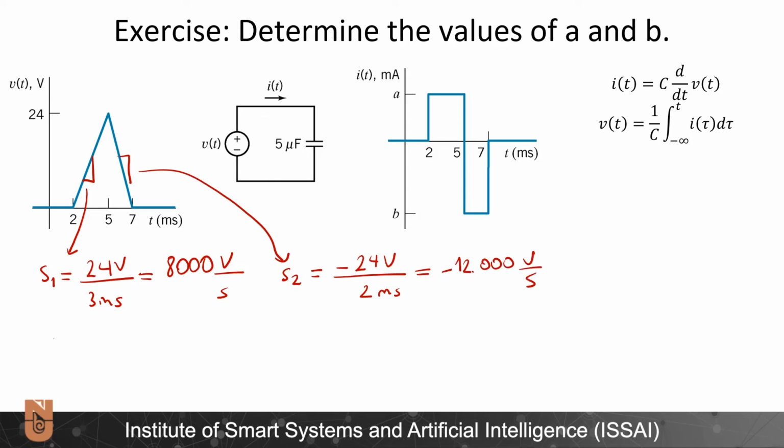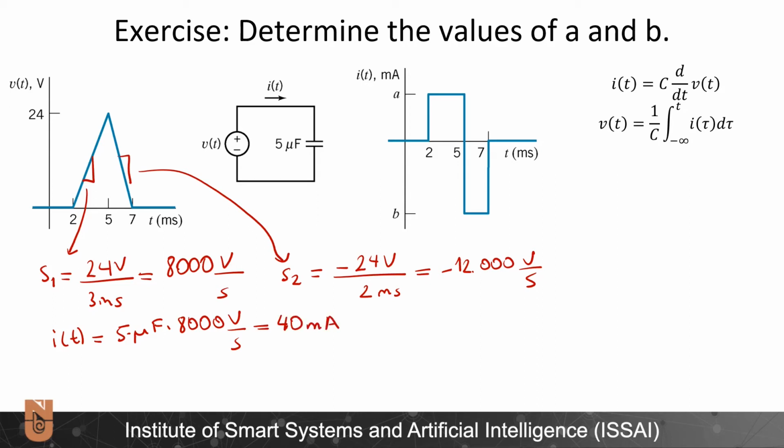Now I of t for the first range between t is equal to 2 and t is equal to 5 will be then C times C is 5 microfarads times 8,000 volts per second, and accordingly this will be 40